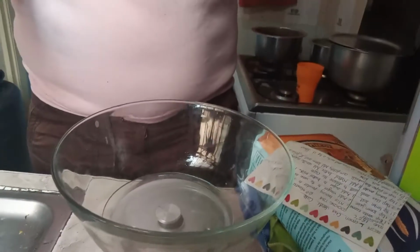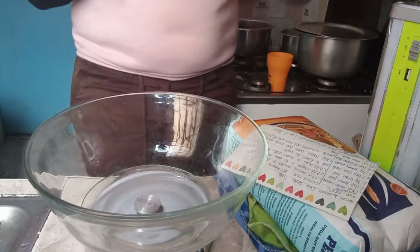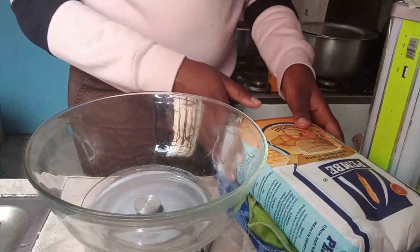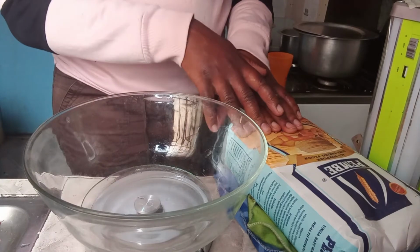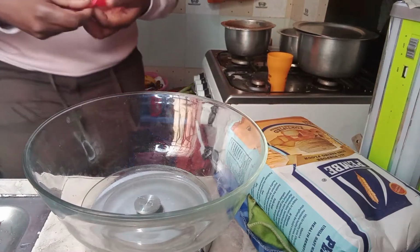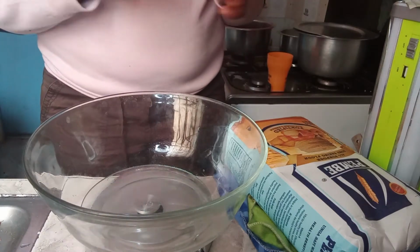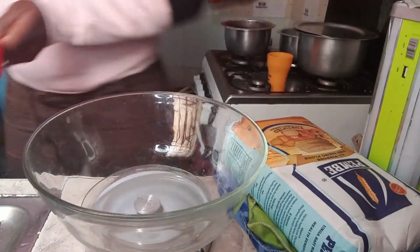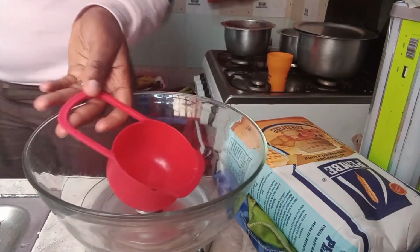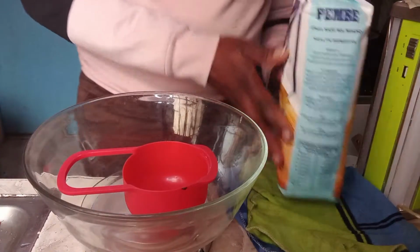I have a recipe that I'm following, but the amounts I developed them myself. So we're gonna start with mixing baking powder and flour, and we're gonna need 2 cups of all-purpose wheat flour. So this is the one that I'm going to use. I got these measuring cups that I use for baking. So we're gonna use this cup, which is written 1 cup at the side. We're gonna do 2 cups,